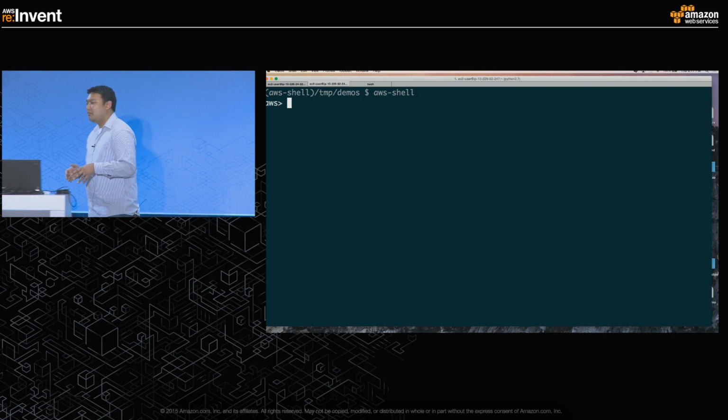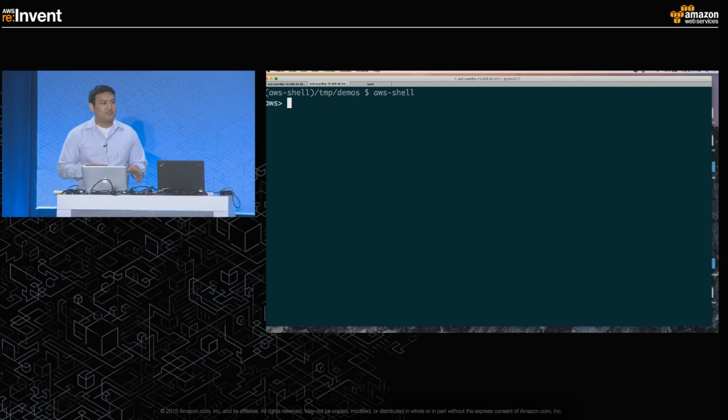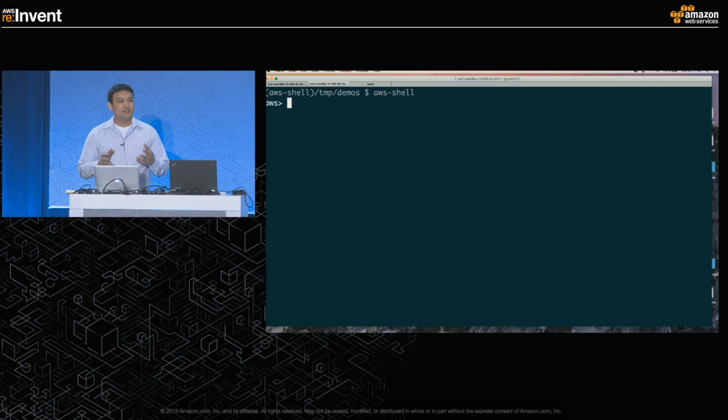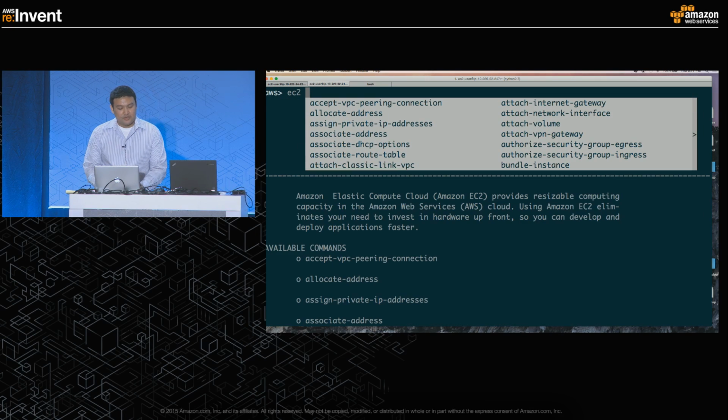And we want to address a way where you can actually make this process more streamlined, where I can have some contextual help to just tell me what commands I have available and what options I can provide. And so the shell provides completion of resources and services that give you a list of things. So I can start typing things like EC2, and it shows me all of the commands. And also notice it pulls up documentation here, too, so I can see what that command is. And so as I start typing,